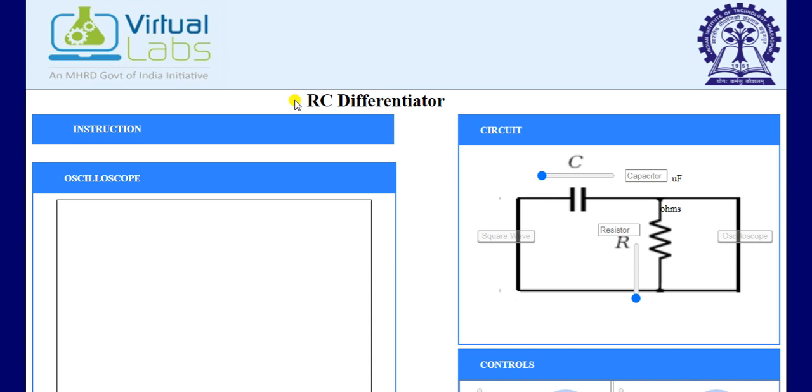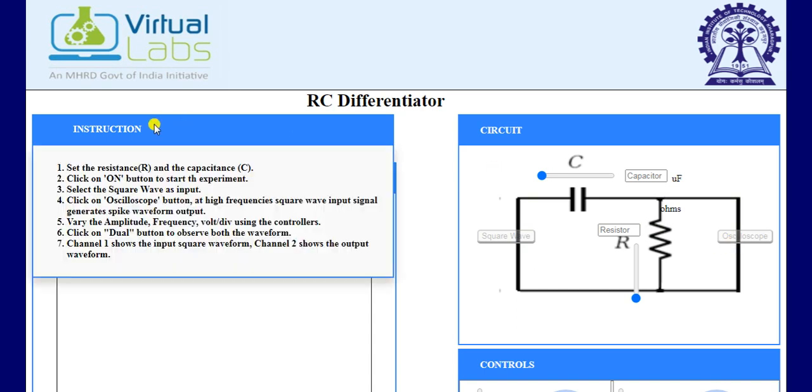In this practical, we will differentiate the input waveform with the help of a combination of resistor and capacitor. We will apply our input across the capacitor and we will see the output across the resistance with the help of oscilloscope. On the left hand side there is a list of instructions.